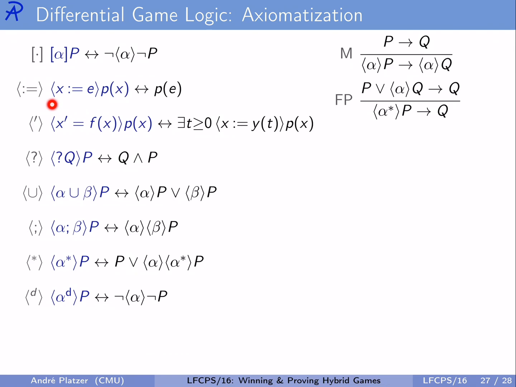Angel has a winning strategy in the assignment game to get to P of X if and only if P is already true of the new value e that X is going to get any minute now. Angel has a winning strategy when following a differential equation x prime equals f of x to get to P